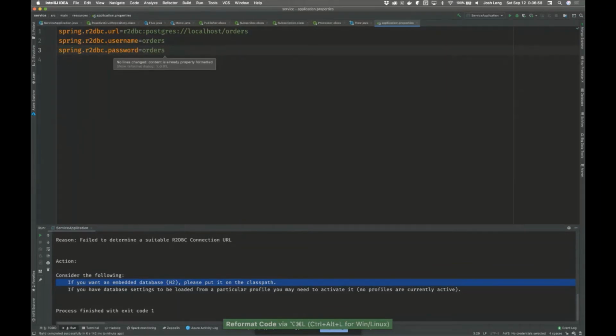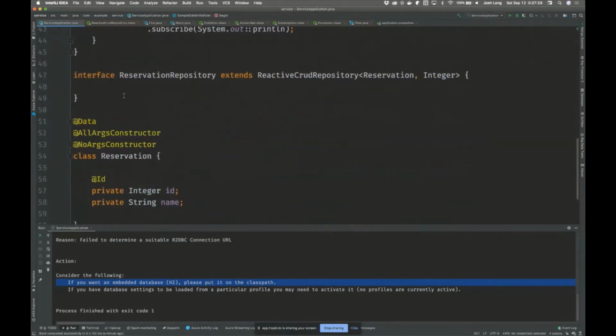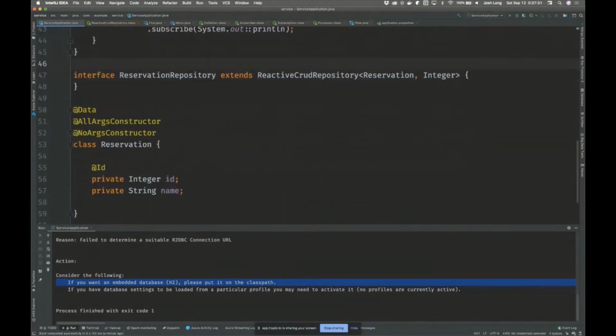So we created something called R2DBC. It's kind of like JDBC, but it's reactive. And there are a number of different drivers for PostgreSQL, MySQL, MariaDB, SAP HANA, Microsoft SQL Server, and H2. Oracle have even said that they're doing a version as well. So there's a number of different versions out there that you can look at. And we also have Spring Data R2DBC. So that's what's allowing us to make it very easy to create data access code that talks to a database with an ORM using reactive APIs.